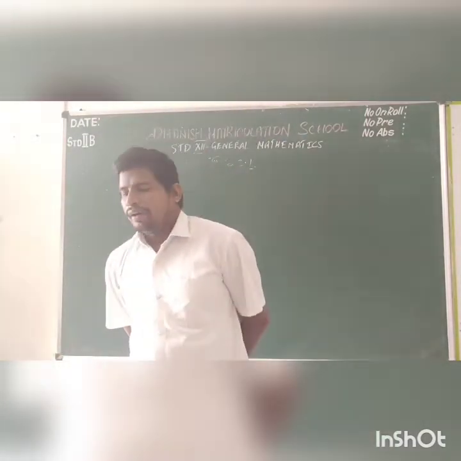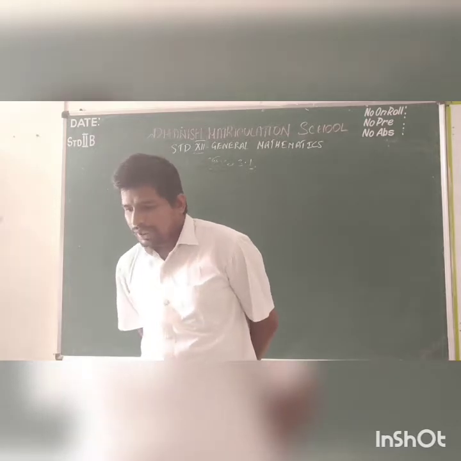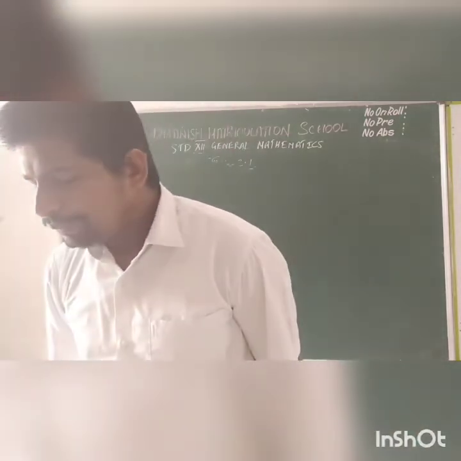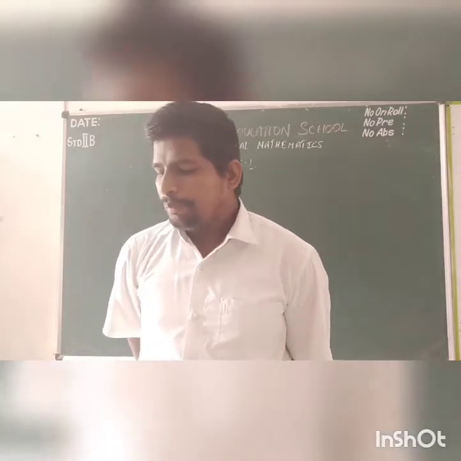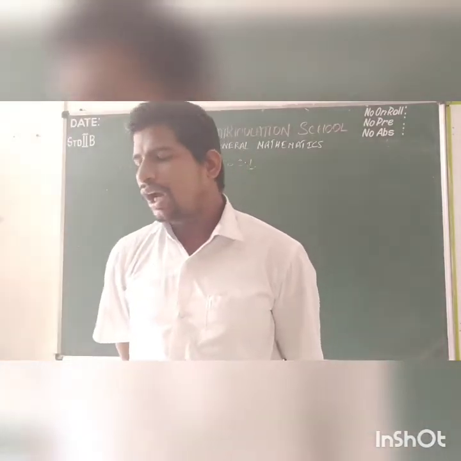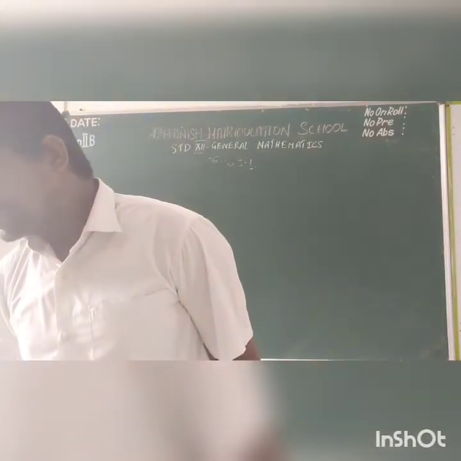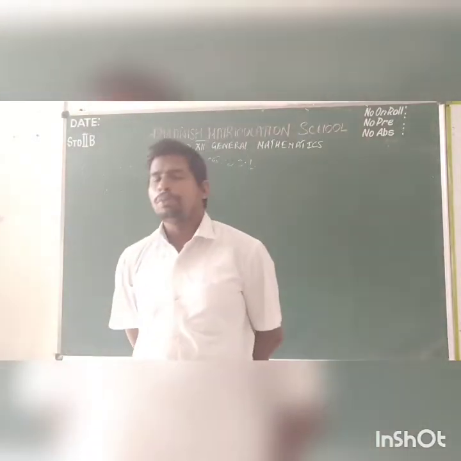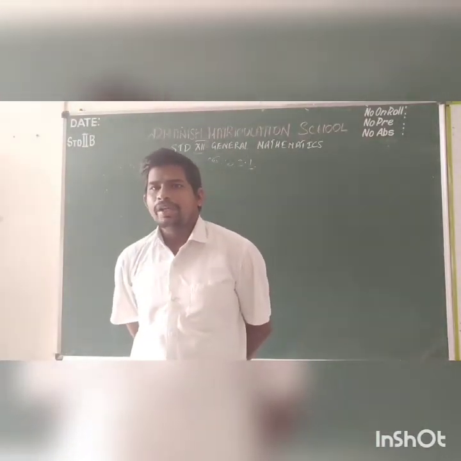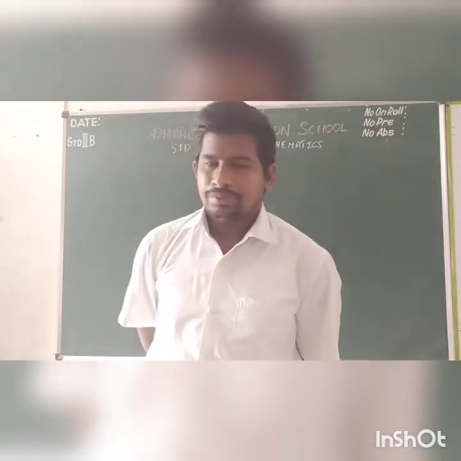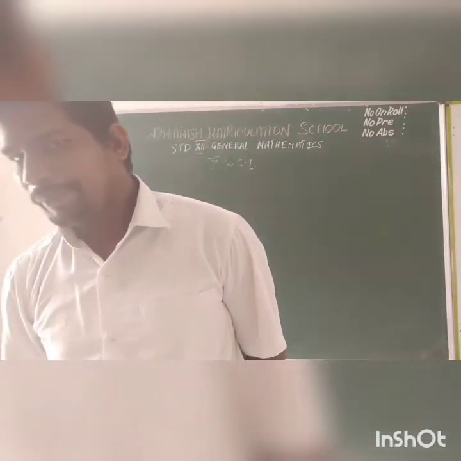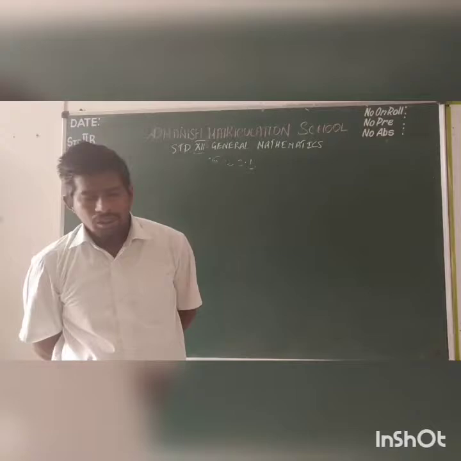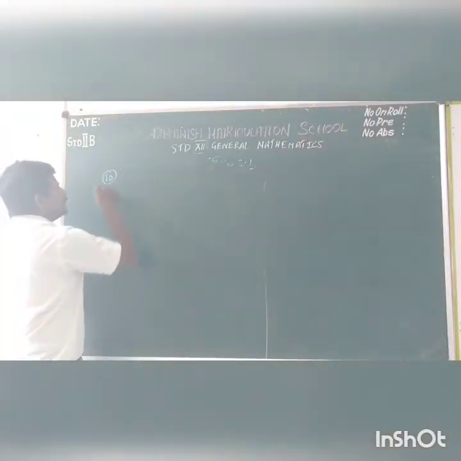Here we have to show the common root must be equal to (pq dash minus p dash q) divided by (q minus q dash), or (q minus q dash) divided by (p dash minus p). Here we are having two equations. The two equations having a common root. That's our given information. First we are going to write the given two equations.